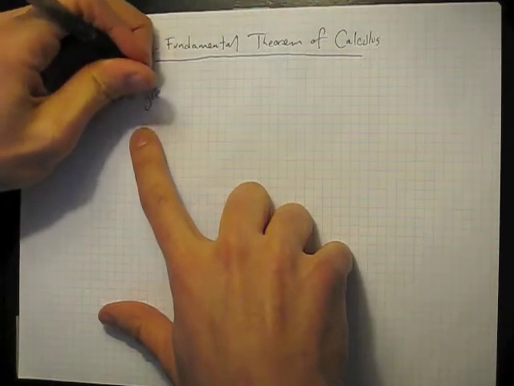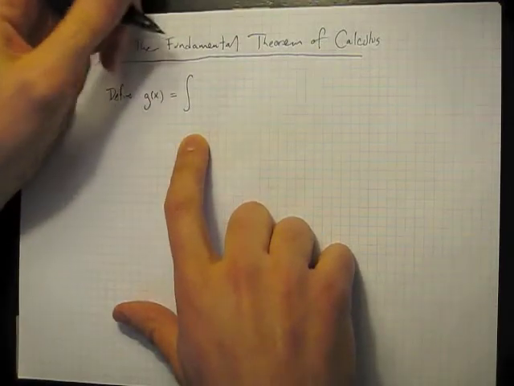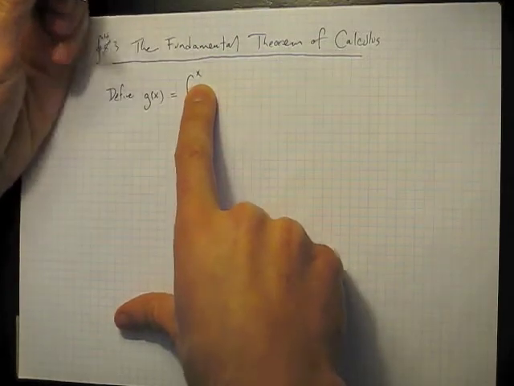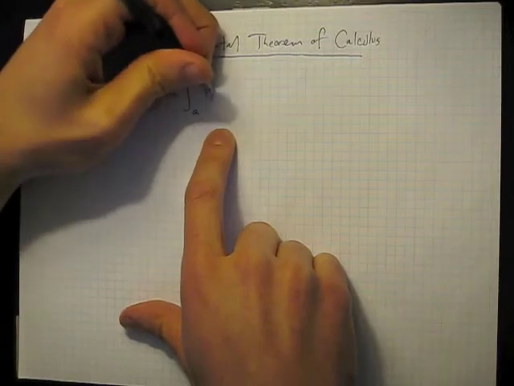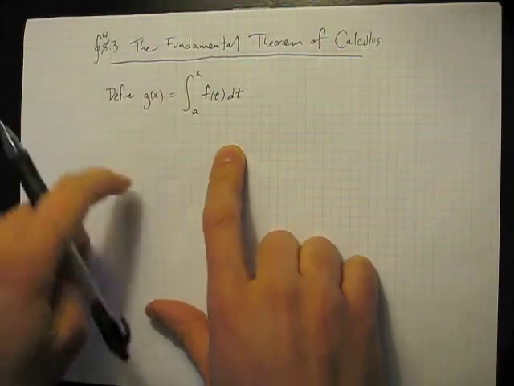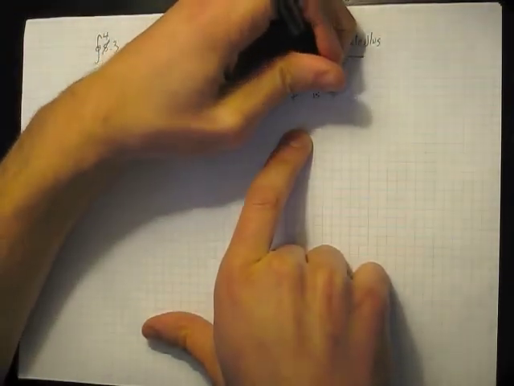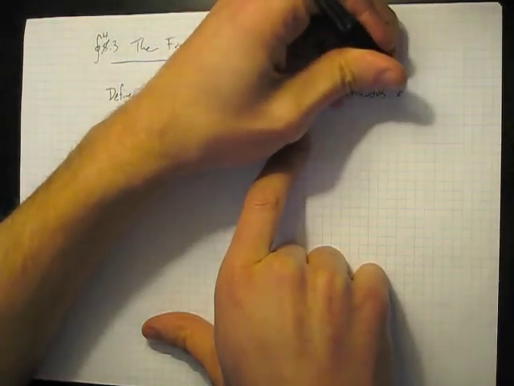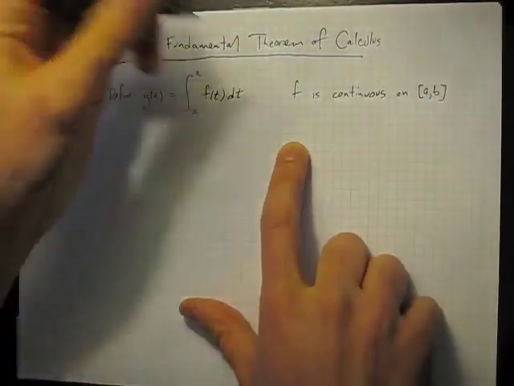the function, let's call it g. And g is going to be defined through an integral. So the input will be x, and that input will go up into the upper limit of an integral that we're going to do. And so we have some other function, f, and so this is the definition of g. So f is continuous, let's just say, on an interval from a to b, and x